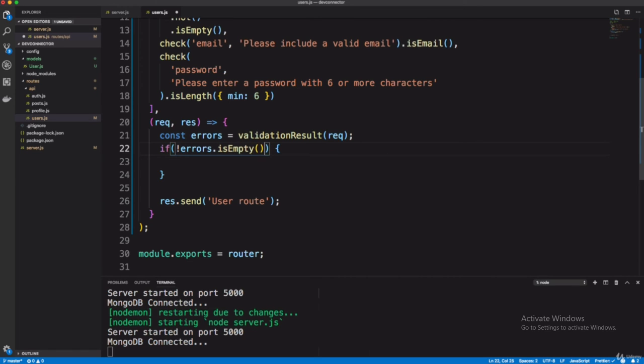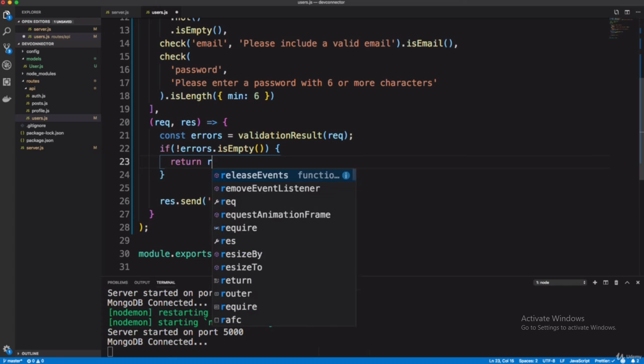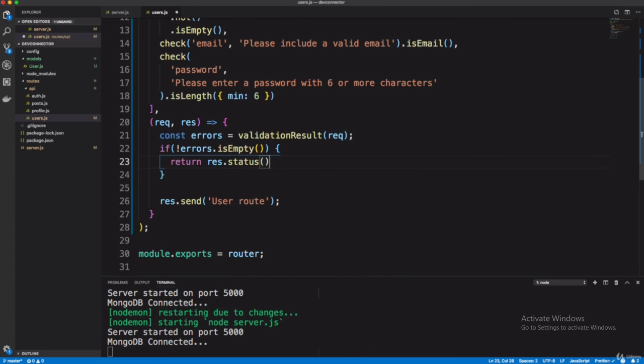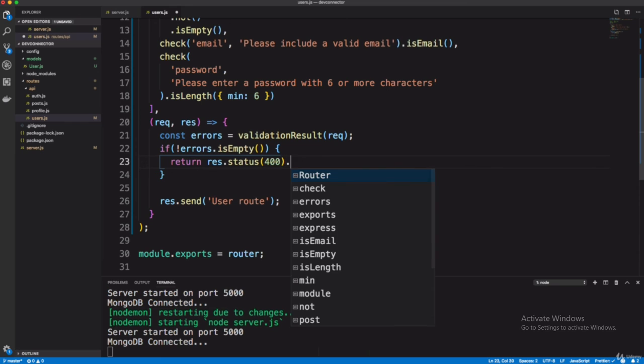If errors is not empty, fine, then I have to show all the errors. As you can see on the website, it will show in JSON format. So you should write here return response.status. The status value could be 400, and the error should respond in JSON format.